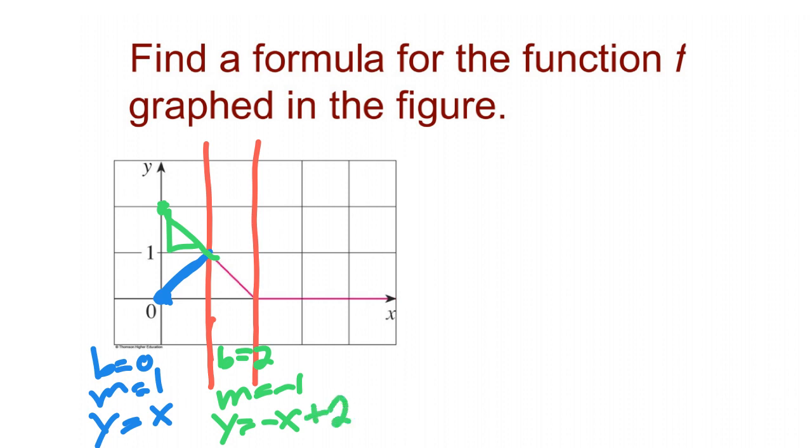And for this last section, your y-intercept is 0, and your slope is 0. So this is just y equals 0. And then you just have to tell me what the window sections are. So y equals, and instead of a y, we write it as a function, so f of x equals